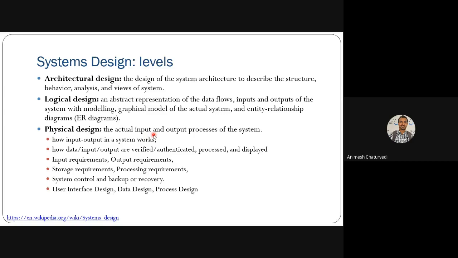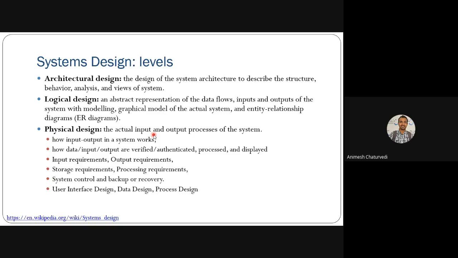Like files are said to be a physical thing, like there's some input file, there's some output file. So all types of things that could be physically seen. Then the storage requirement. What are the storage requirements, in some logistics of transportation as well as in computers. Then processing: what's the time to process those logistics goods, and how to transport that product from one place to another.